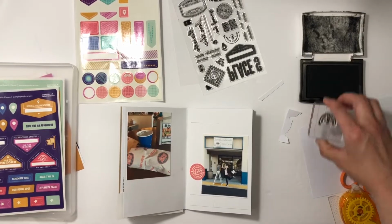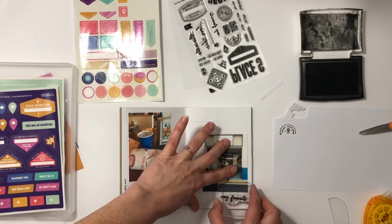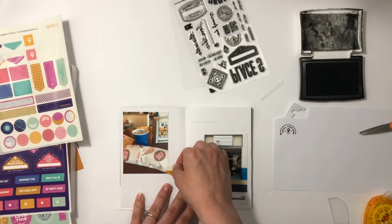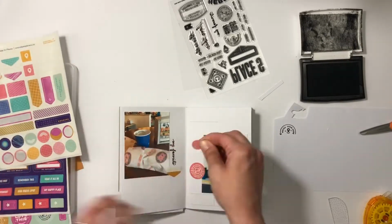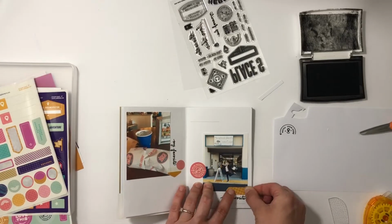I am gonna do, for both of the pages, my favorite, but for the lunch photo, I am going to later on, off camera, when I do all the journaling, add "not my favorite." I did not like Jersey Mike's. My best friend did not like it either. It was just, I don't know, the food was just not great. So I am going to journal about that later on, but right now I'm just stamping,